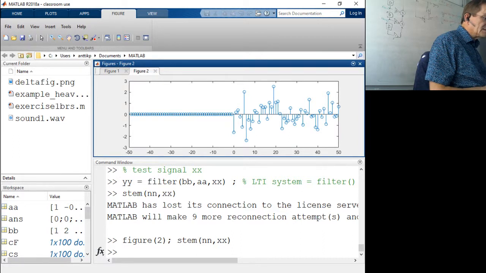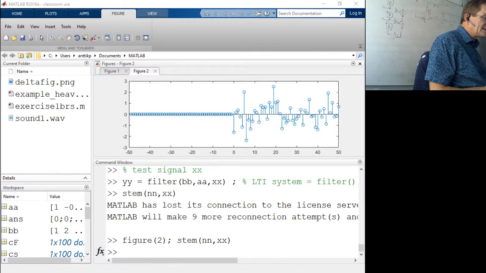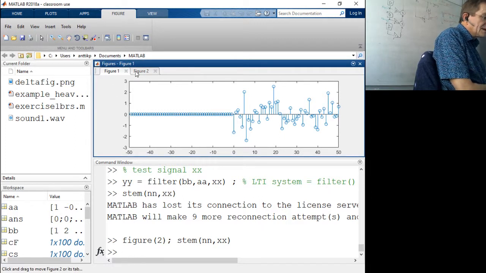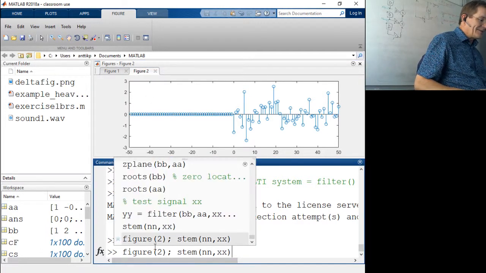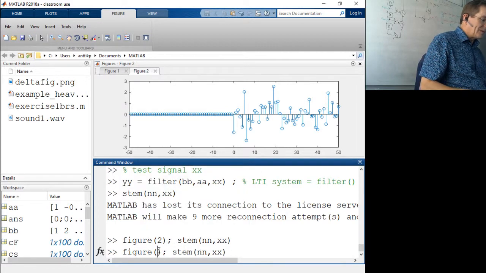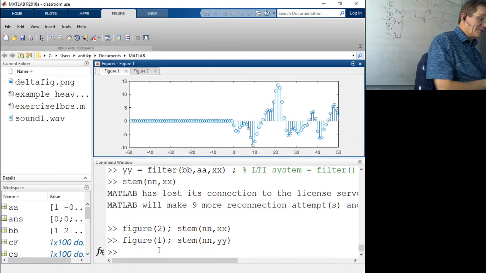So this is the input signal, that is the output signal. So input. Hey, wait a minute. Why is input and output? Oh, sorry. Figure 1. Let's put the output actually on one of those. So this is the output